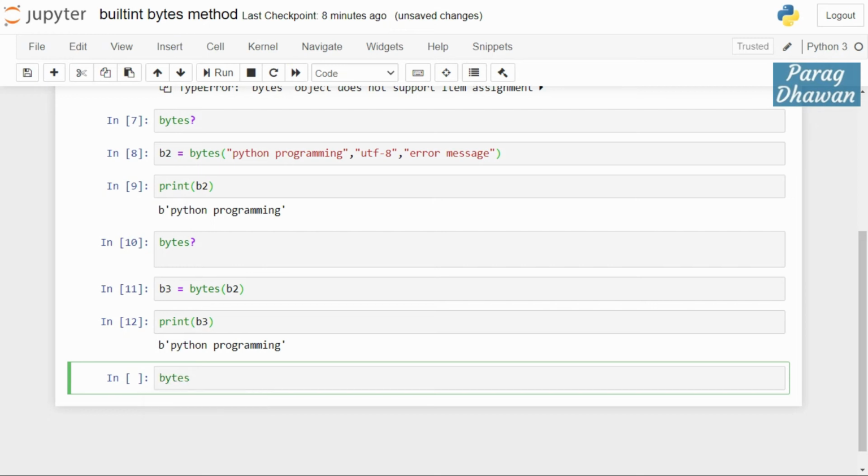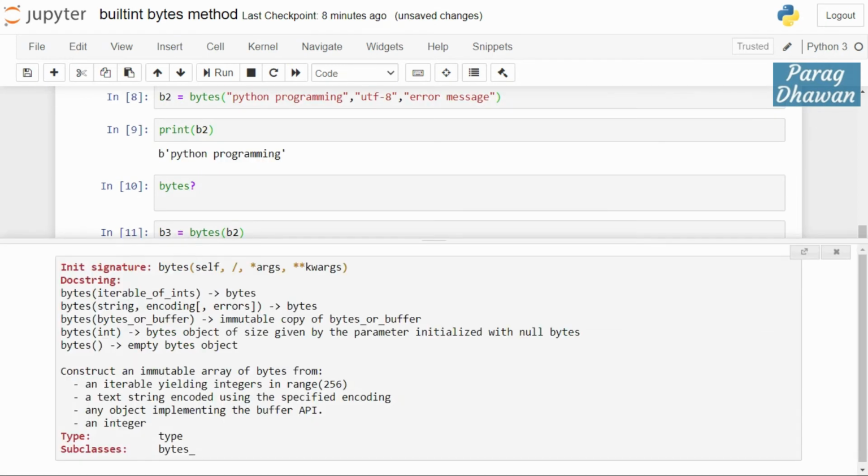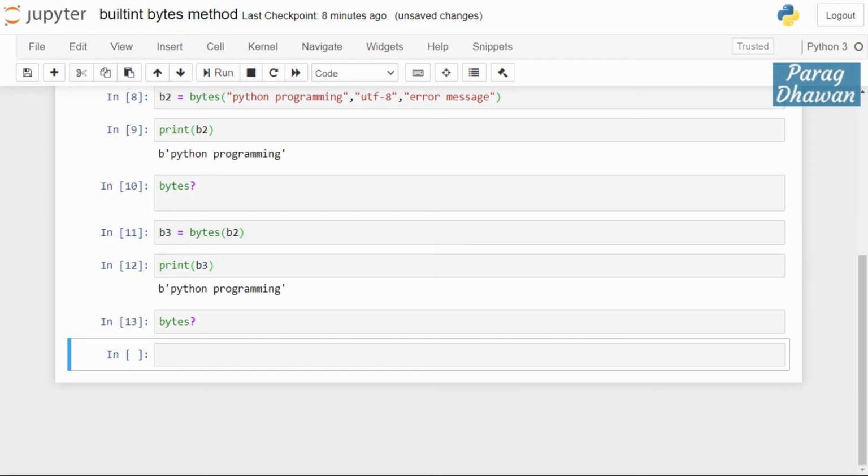Cross-checking the docstring of the bytes method, lastly you can create bytes of integers between 0 and 256 by passing an integer argument, and that many bytes will be created. For example, b4 is equal to bytes(5).